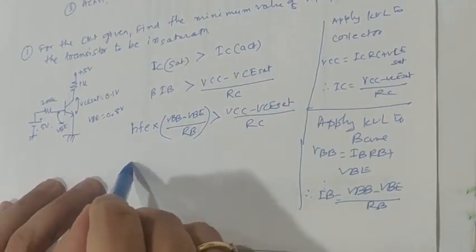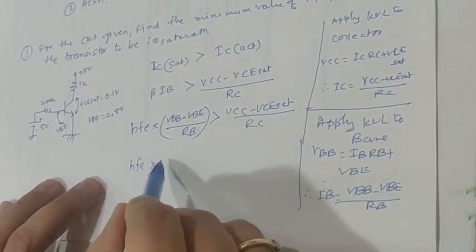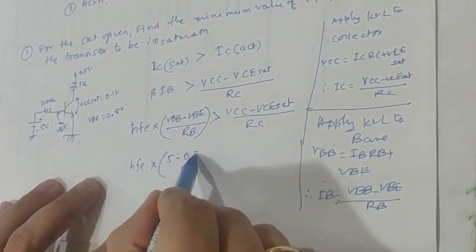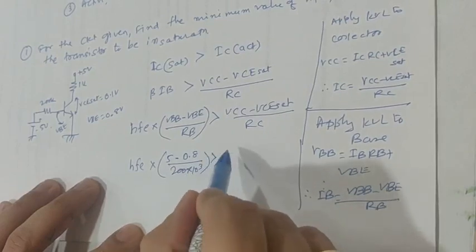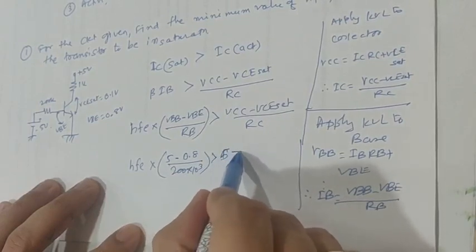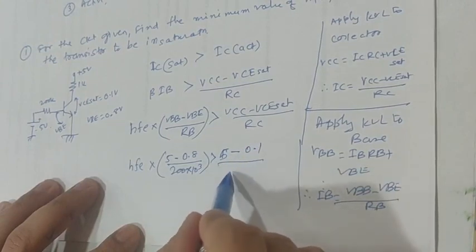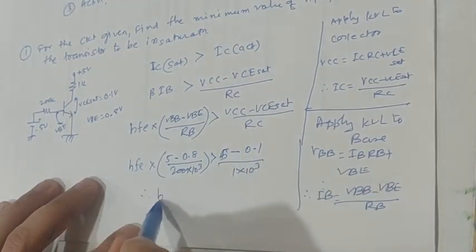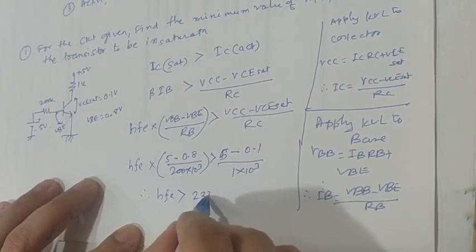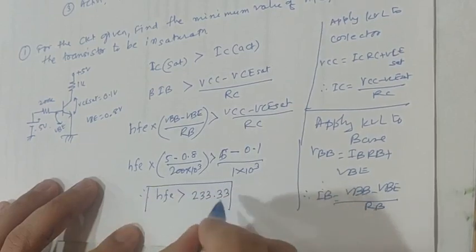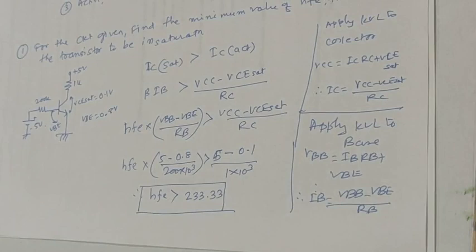Let us put the values. HFE is what we need to calculate, multiplied by, what is VBB? It is 5 minus 0.8 divided by 200k, be greater than 5 minus 0.1 divided by 1k, and therefore we will find the value of HFE. HFE should be greater than 233.33. Means this is the minimum value of HFE required so that the transistor will work in saturation